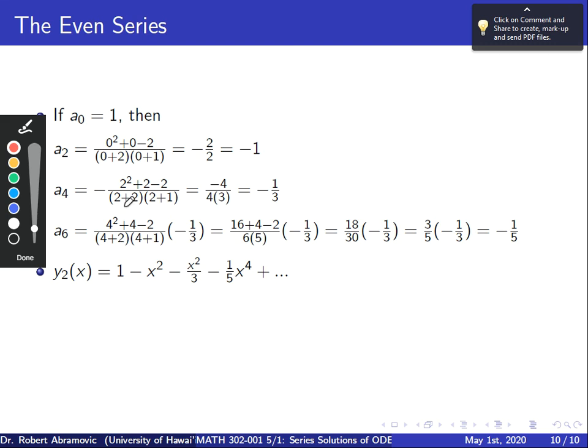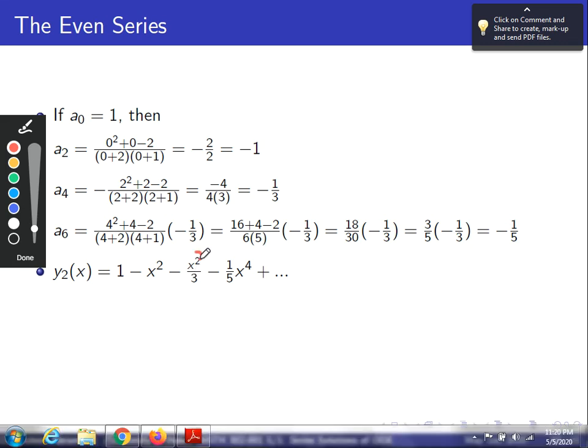And y2 then, we try to construct a second, linearly independent solution. 1 minus x squared minus x... Well, this should have been x cubed. X cubed over 3. This should have been an x to the 4th, and this should have been x to the 6th. But either way, what's important is not how these coefficients, 1/3 and 1/5,